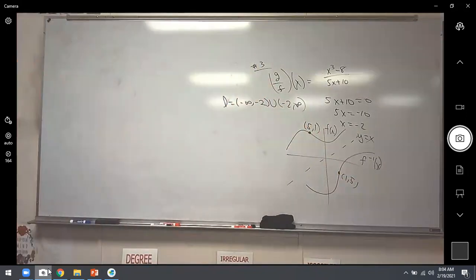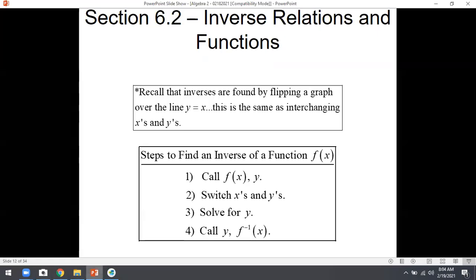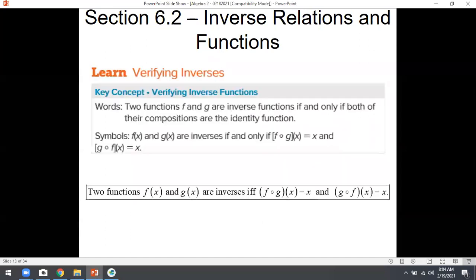So algebraically, how you're always going to find an inverse is you switch your x's and your y's. Down there is that procedure we just did in the warm-up. Whatever the function is, call it y, right? Switch your x's and your y's and solve for y, and then you found the inverse. Nothing too tricky in that section. In fact, that's really all I wanted to hit on section 6.2, except that if you have two random functions given to you, f and g, and I didn't even put this on your review, so you don't have to worry about it too much. But if you compose them, so if you take f composed with g, or g composed with f,